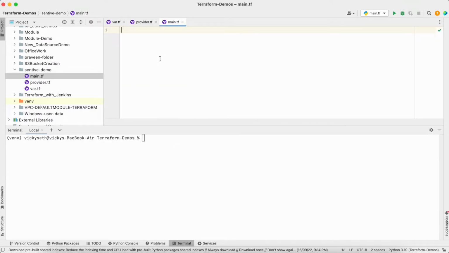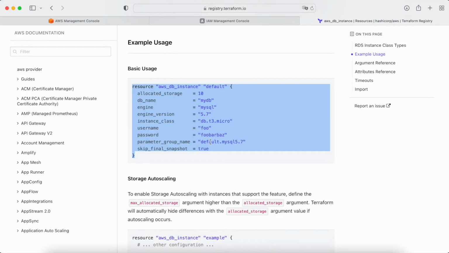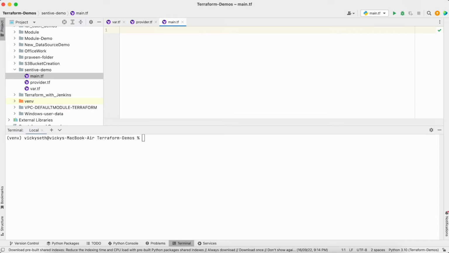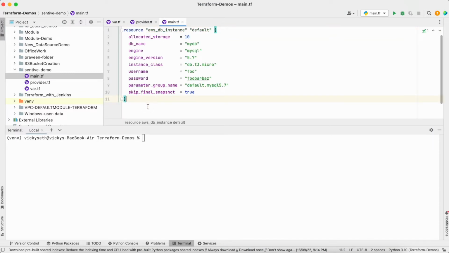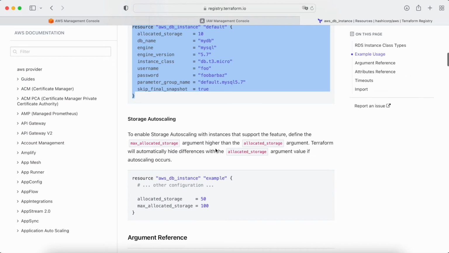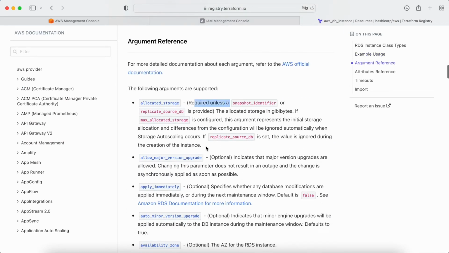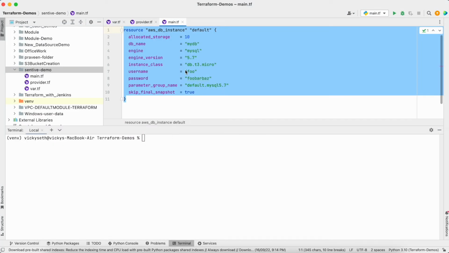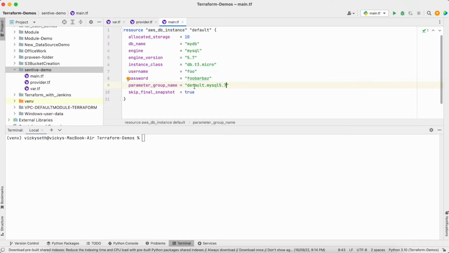In the main.tf, I'm going to have this value. Now when I need to create a DB instance with the help of Terraform, these are the values I need to use. Not all the values are mandatory, so I can scroll down and see which are optional and which are mandatory. But as of now I'm good with all those values. Here, you can see we have the username and the password. This is something I don't want to provide like this in plain text. I want to provide it in such a way that no one is able to see it. So here I'm going to use the sensitive